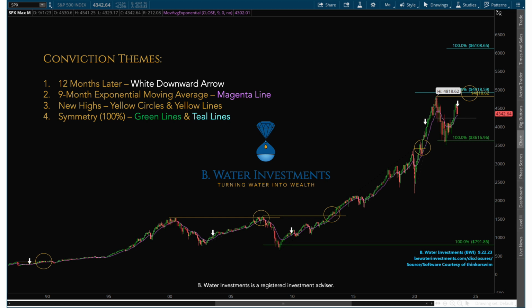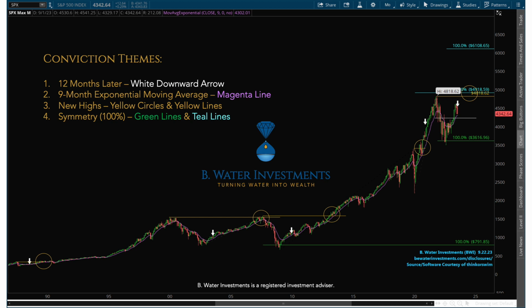Let's fast forward to February 2020, looking at the all-time high made in the S&P right before COVID hit. The COVID crash from the highs of February 2020 took us to the lows of March in 2020. And in roughly 24 trading days, we moved about 34% down in the S&P, which is roughly 9% more than we did in 2022. The joy behind that crash was that we recovered quickly, got above all-time new highs that summer, and 12 months later, off the lows in March of 2020, is indicated by the white downward arrow.